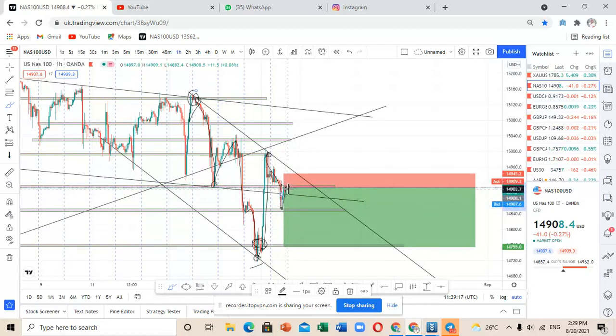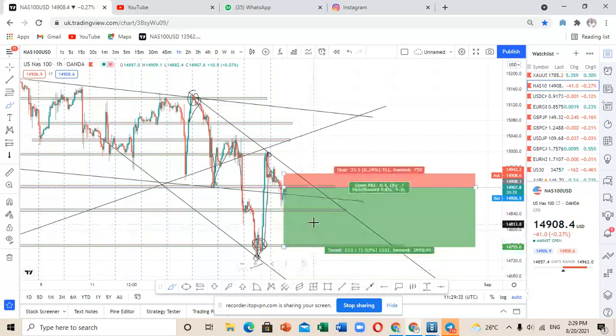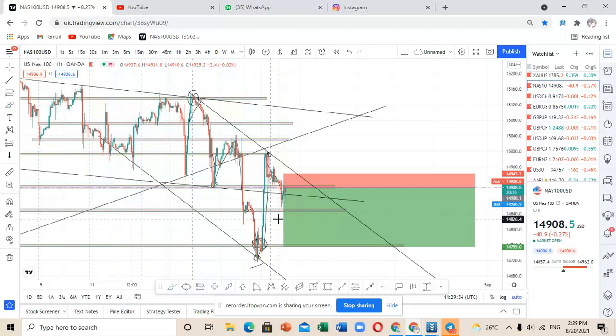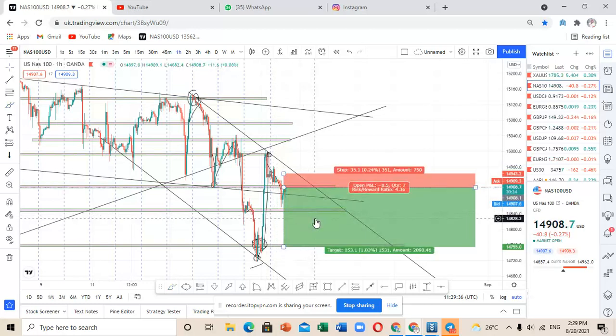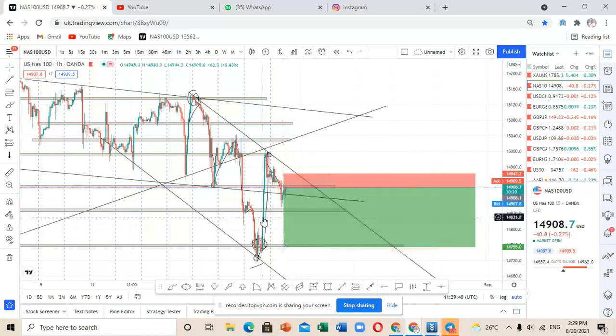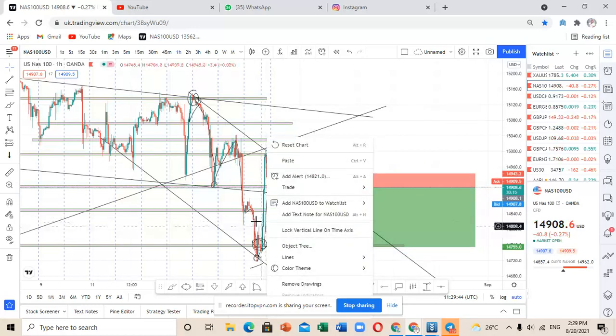Now currently I'm expecting that the markets are going to make a breakout below this, come to this point here, and then move to the upside again before they further move to the downside. So I'm currently in this trade, this short position. I've got a trade in it where I'm just risking a total of 35k for a total gain of 153 pips. So I hope this analysis was helpful.